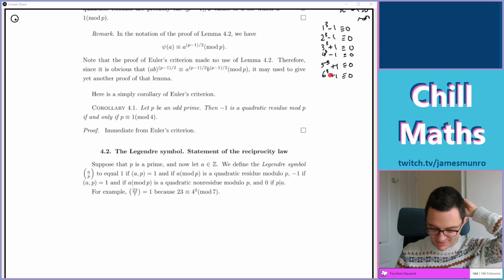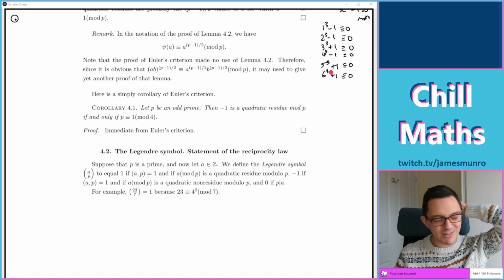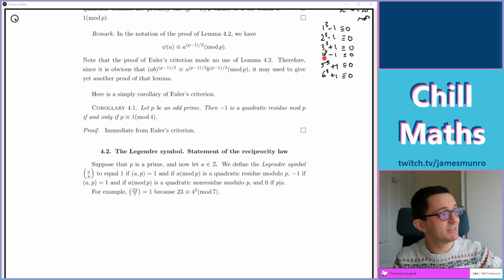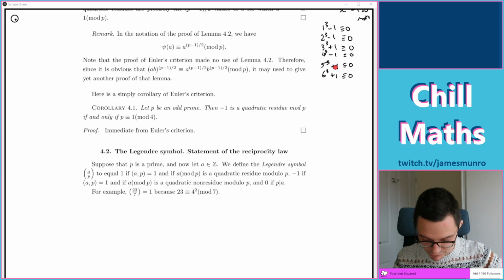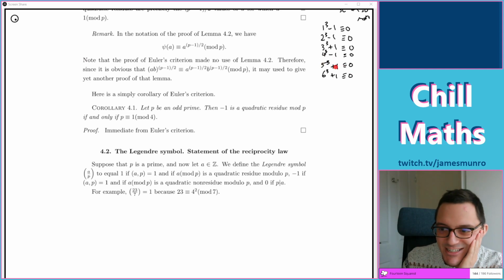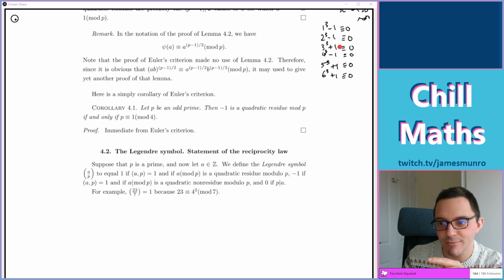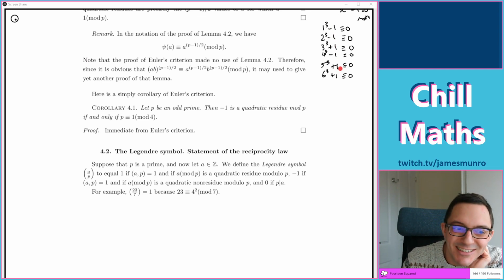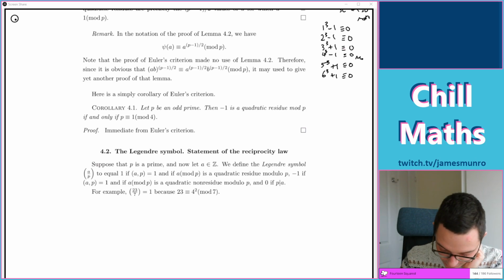So if I check all of these calculations, is 217 a multiple of 7? Yes, it is. 124 is a multiple of 7. Because... No, what is that? That's 126, sorry, I've added one. 126 is a multiple of 7. This one, 4 cubed is 64, take away 1 is 63. 27 plus 1 is 28, a multiple of 7. Right, cool. So you can always add 1 or subtract 1, and there's an equal number of each. Because these are solutions to cubic equations, all of these are mod 7. Okay, it's a kind of nice demonstration.